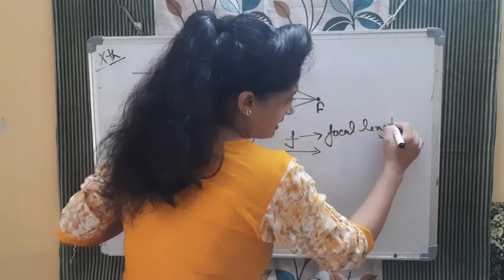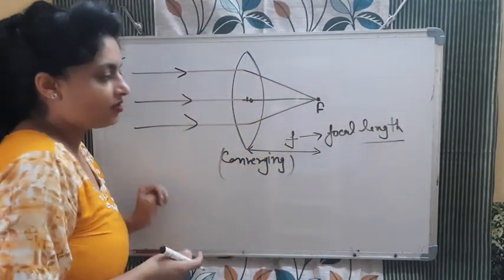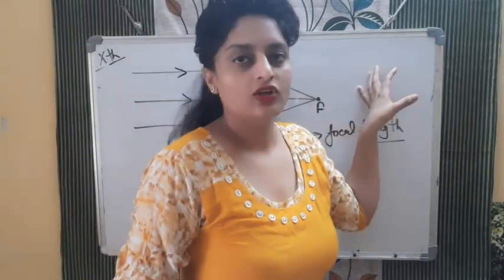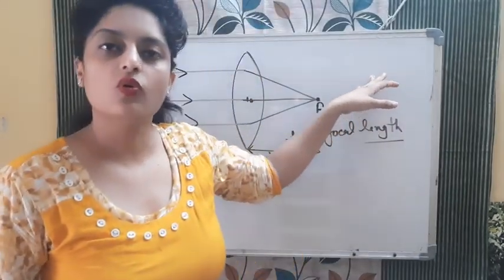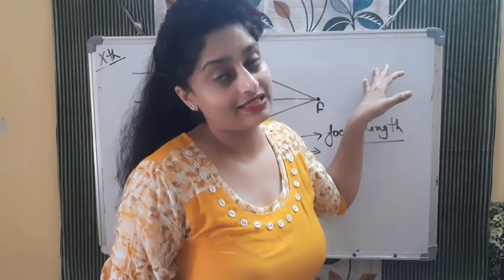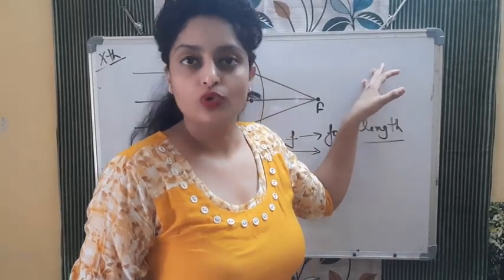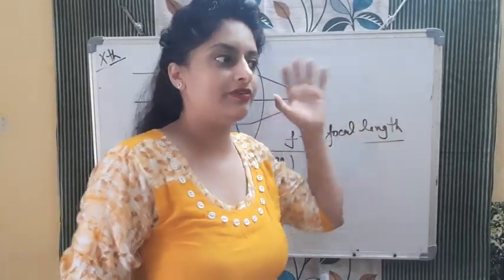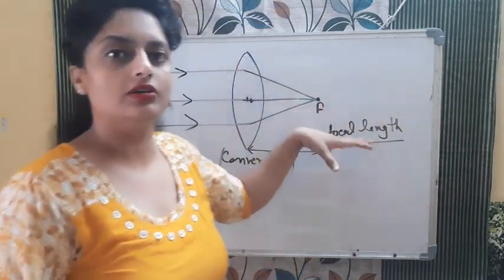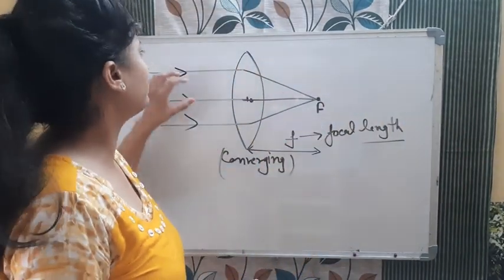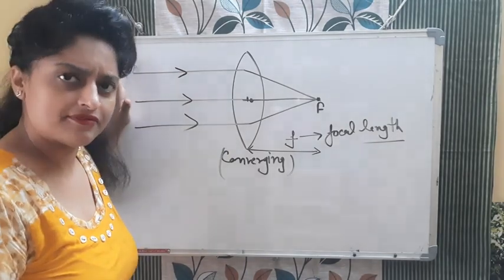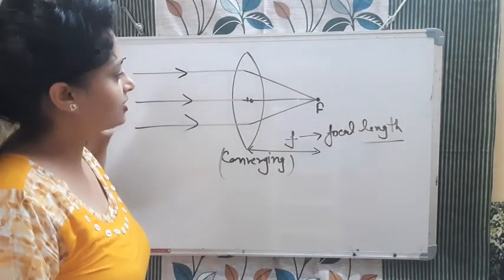See बच्चा, फिर से ध्यान से सुनो मेरी बात. If you are considering the object on this side, then you need to consider the object for all the questions on this side only, and then the sign convention will also change. So no need to do that. What we were doing, we were studying all the sign conventions and all the things, that the object is always on the left. So यहाँ पे भी हम वहीं से start करेंगे. Object is always on the left.